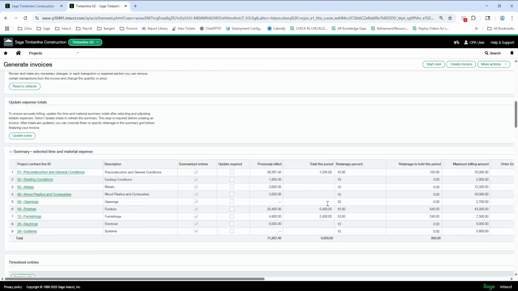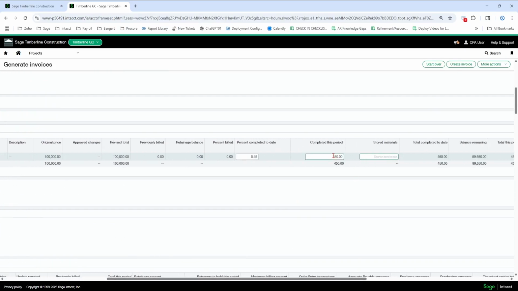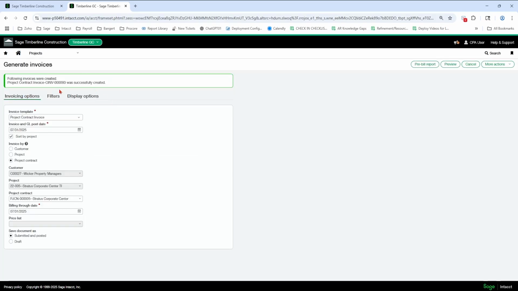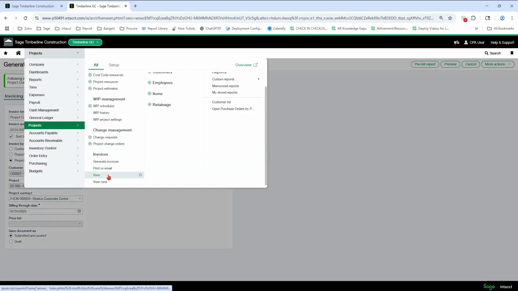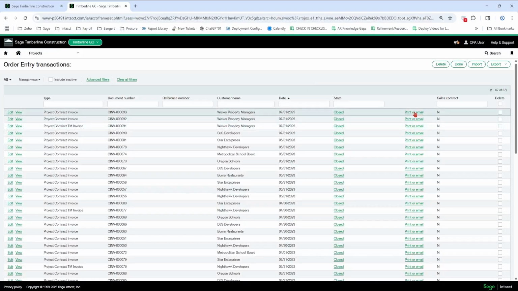In the scenario, we pretended that the labor rate was only on the rate table, per hour rates, and the fee is at the bottom, the percent fee. Calced it there, hit create invoice. Okay, so now 93. Let's go look at it. And it's going to be print your email.